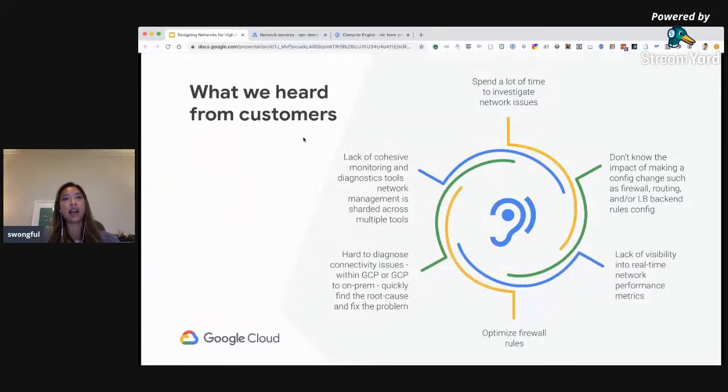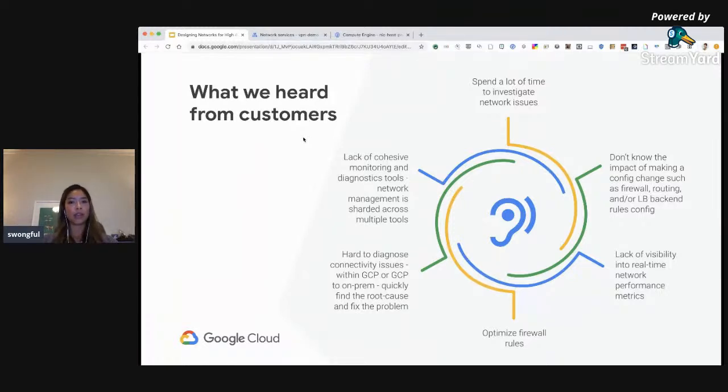On top of that, there's a lack of real-time performance. So for example, if you're running in different regions, it's difficult to find out whether the performance issue in a zone is due to an outage that occurred in Google's infrastructure, or whether it's because the application in your VPC had deteriorated, or maybe your configuration had caused an unintended consequence. So for example, if I was doing database backups to different regions and it ends up going to another region and I didn't intend for that to happen, and then my egress costs go up. So we need a way to have real-time information to diagnose these types of issues.